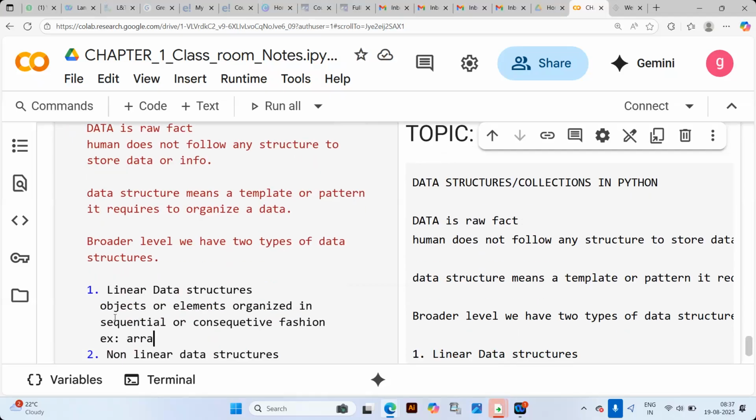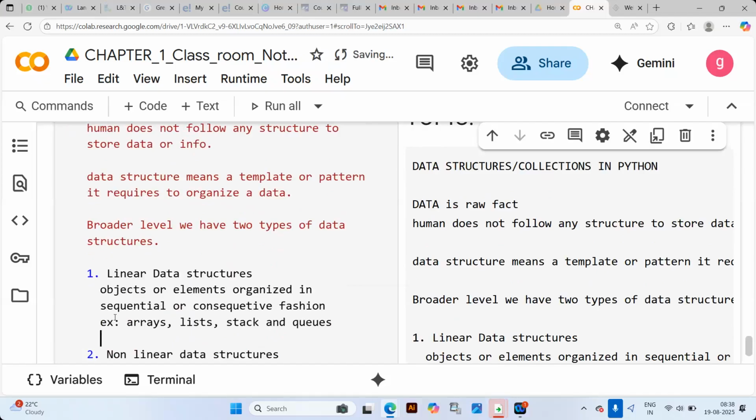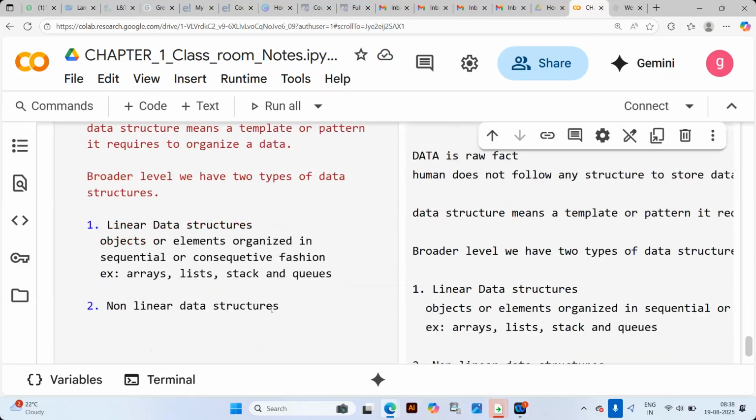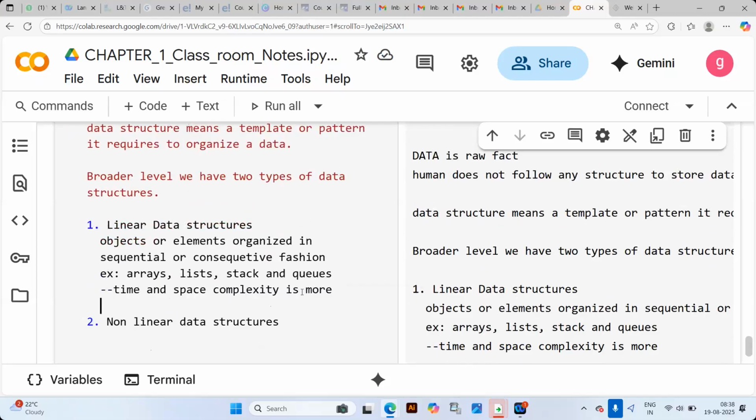Examples are arrays, lists, stacks, and queues. All these are considered linear data structures, where time complexity and space complexity are more if you organize in a linear way of representation.